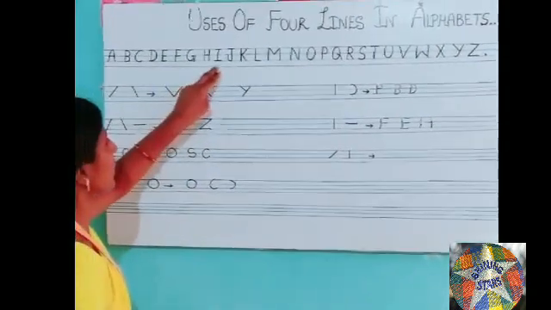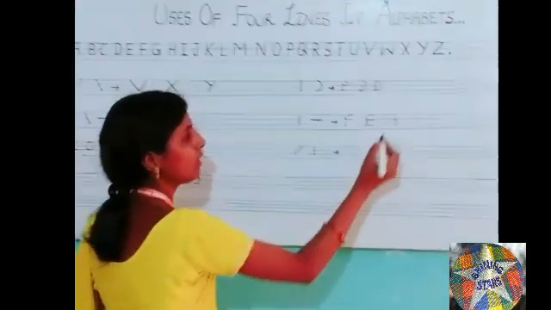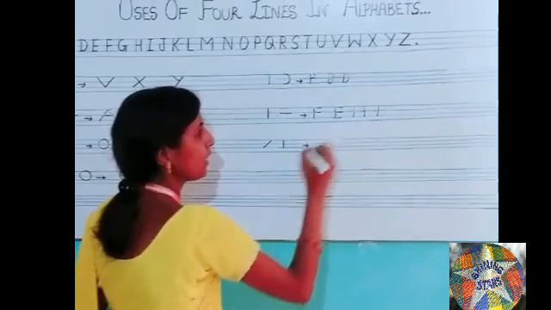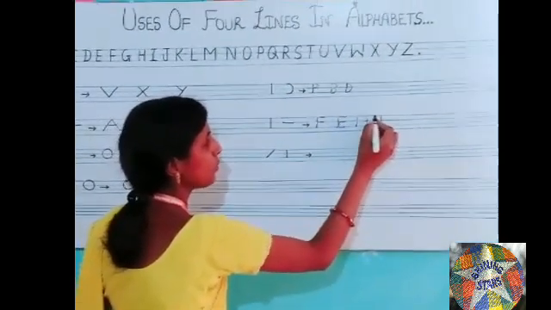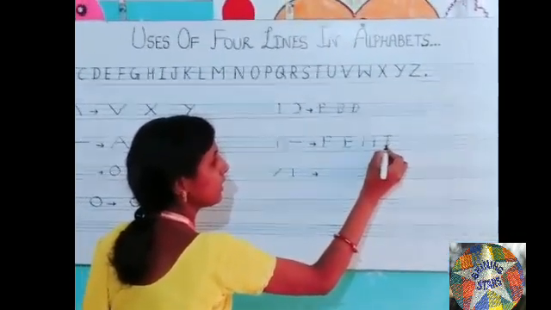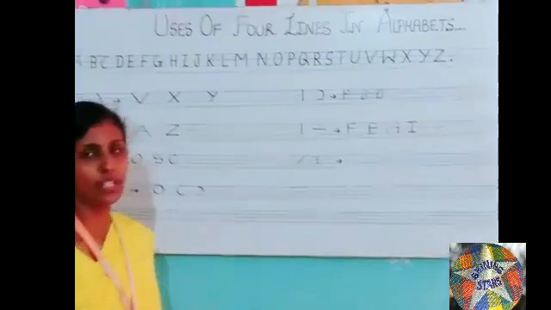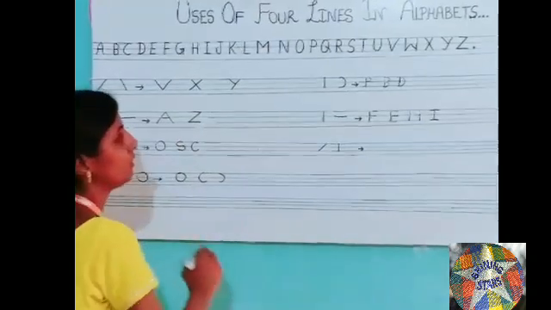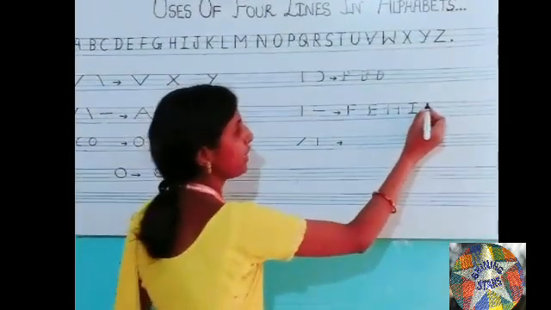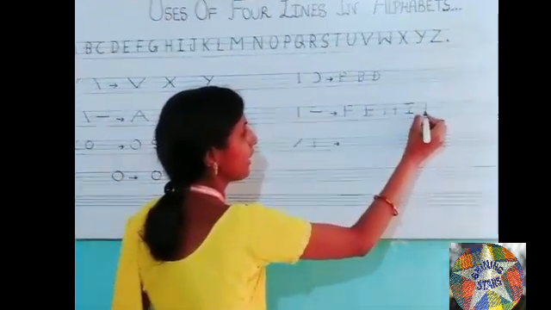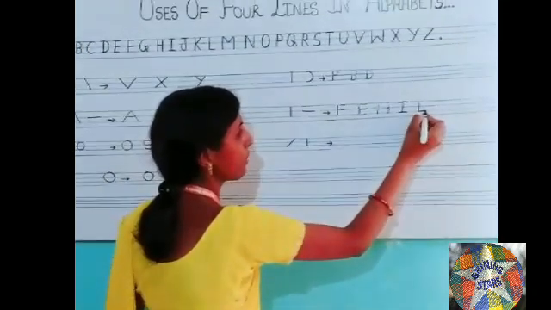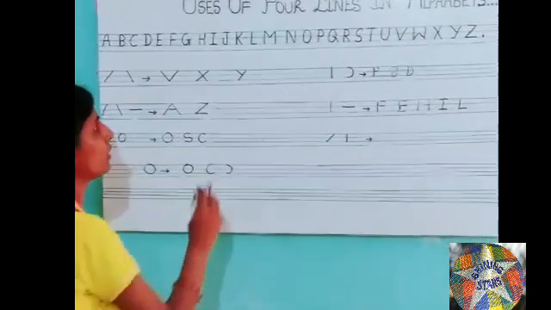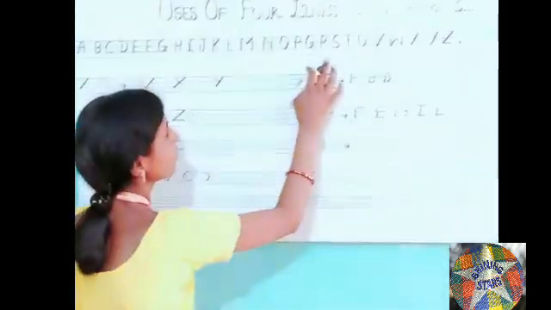Now we will find I. For I, we will use blue to second green line, 1 standing line, in the blue line a small slipping line, in the green line a small slipping line. It becomes I. Now we will find L. Blue to second green line, a standing line, and in the second green line, a small slipping line. It becomes L.